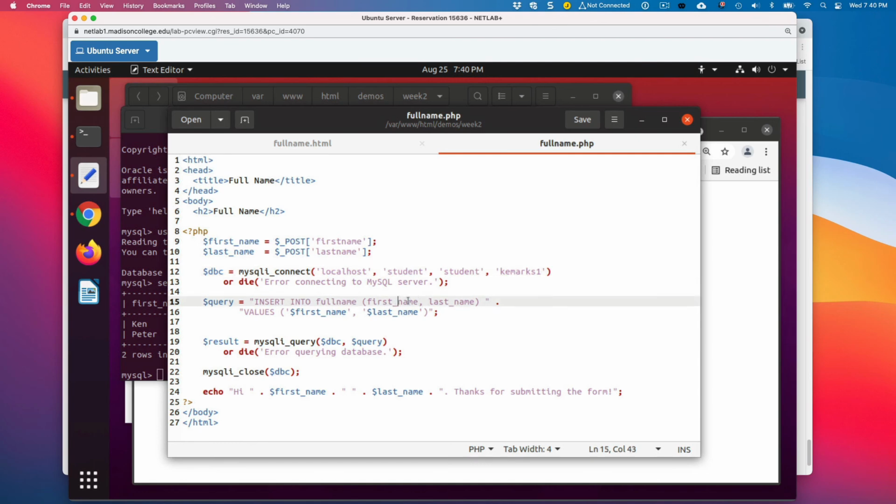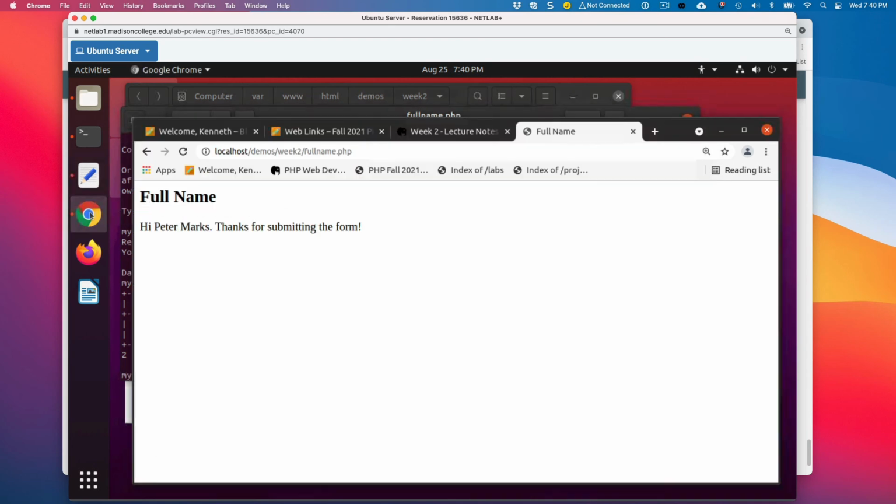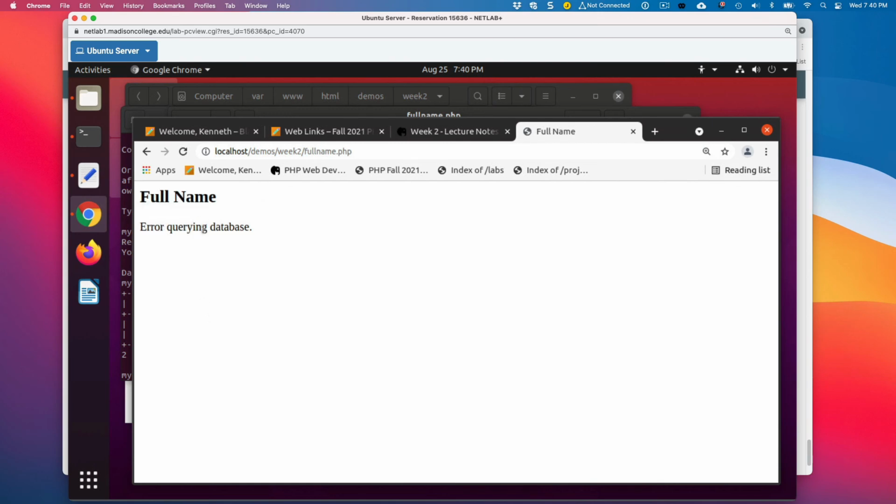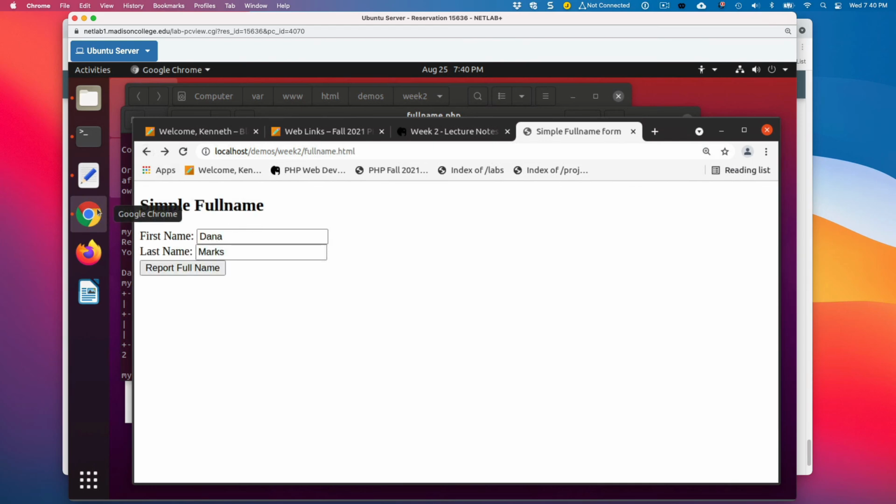Say, for example, I spelled this wrong, first name, the field name. If I go out to here and put my sister's name in here and press report full name, I get error querying database. Well, that's not very useful, right? So maybe I want to troubleshoot this.